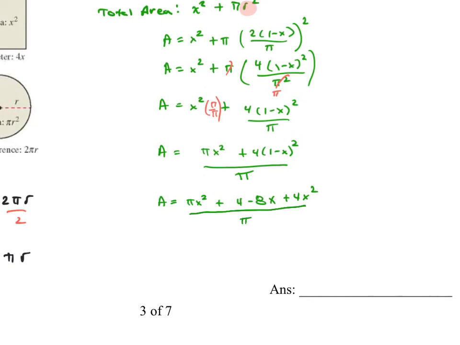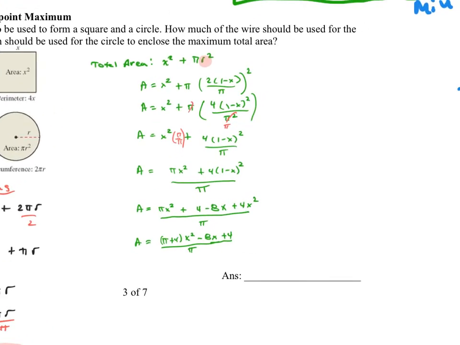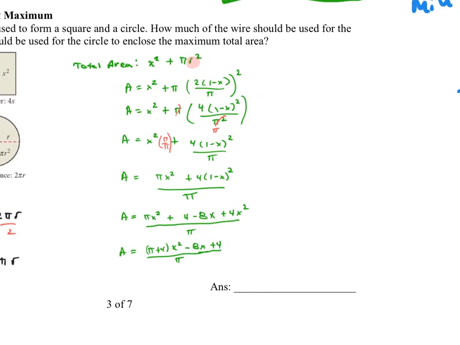So what do I look at when I look at that? What I really have here is a equals, well, I can combine the x squareds, so that'd be pi plus 4 times x squared minus 8x plus 4. All of that is over pi. And remember, pi here is just a constant. Okay, I have done absolutely no calculus. The only thing I have done here is some ridiculous algebra to plug in the values for r in terms of x's. So now I need to actually